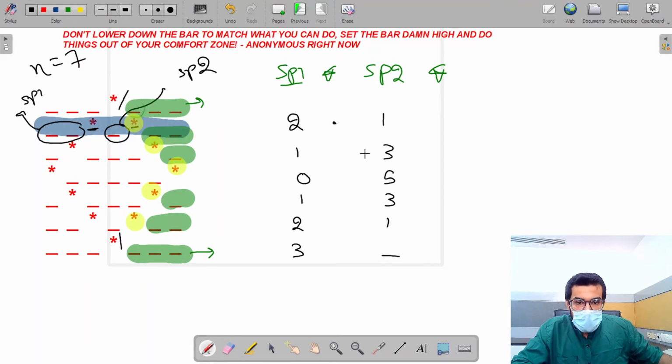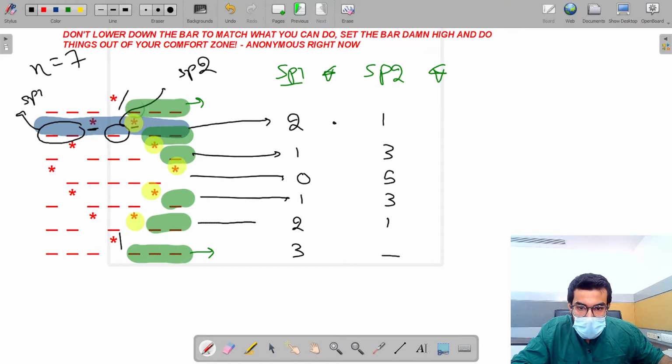Let's see over here as well, this was for this row, this was for this row, this was for this row, and this row. I made sure that the symmetry is there. Now the sp1 variable for this first row is 3. We have to talk about these things now.